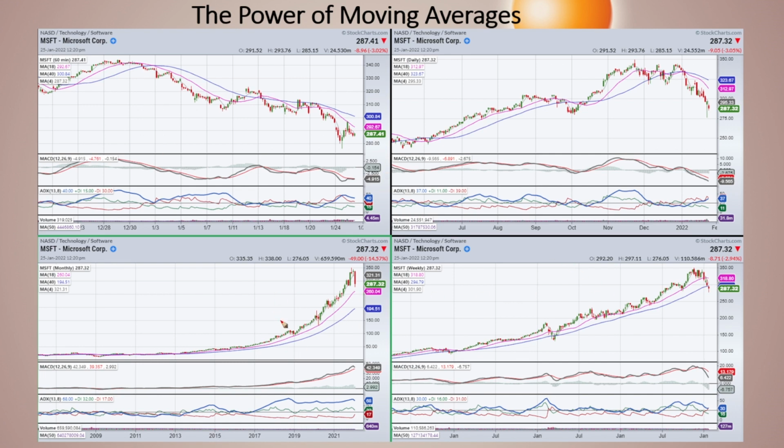So if we start with the bottom left, we've got a price moving up and making higher highs and higher lows. We've got a rising 18 and a rising 40. That to me is a trend to the upside. I mean, this isn't rocket science. We can look at this and say the trend is up on the weekly chart, on the monthly chart. On the weekly chart, we had price above a rising 18 and a rising 40 for an extended period. And now just recently, the 18 has flattened out and price is below both moving averages.